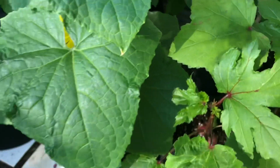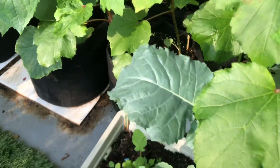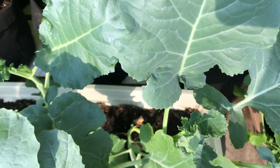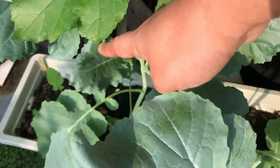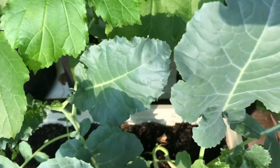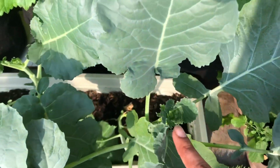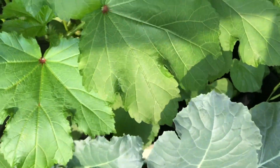Up here in the tray pot, I have my 2 broccolis planted. No sign of the broccoli head yet, but I think when the temperature starts getting a little bit cooler, they will start developing the head. Back up here,